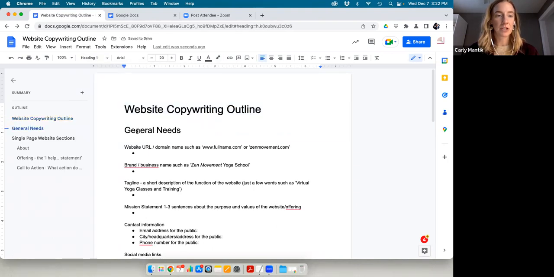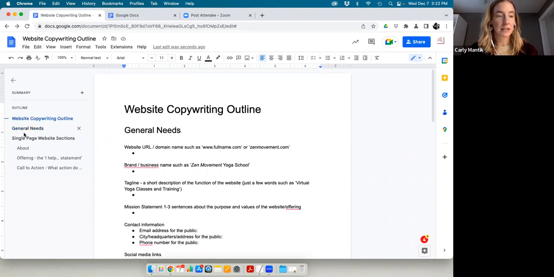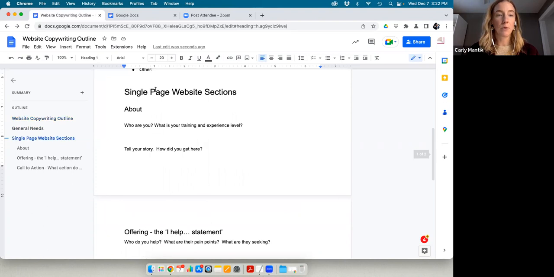And now we click on general needs, and you'll see that that word up here has changed to heading 1. So general needs is allocated as a heading 1. And then I click on website URL, and that is normal text. So the normal text and the bullets are not in the outline. That's good. That's what I prefer. But I can easily move to the next section just by clicking on it on the summary panel. So I'm going to click on these words, single page website sections, and then it moves me down to that